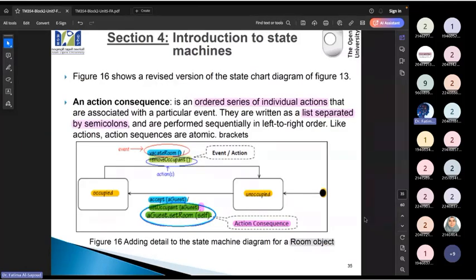So now we're going to add more elements to our diagram. We already saw what the event is. To move from unoccupied to occupied, it can be when I accept a guest. This is the event, the one in blue.